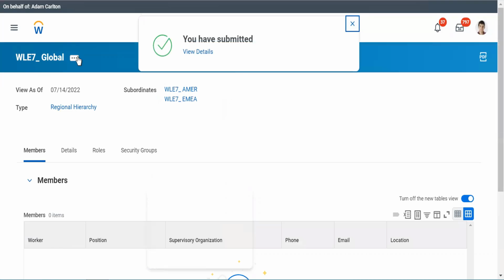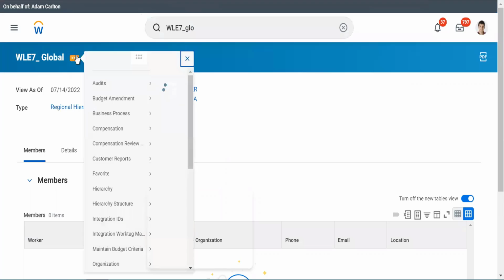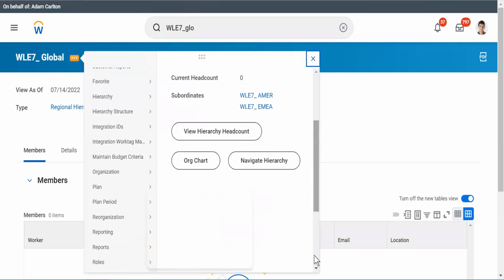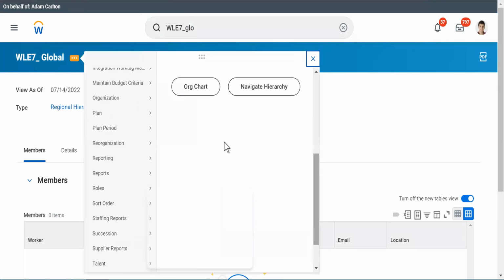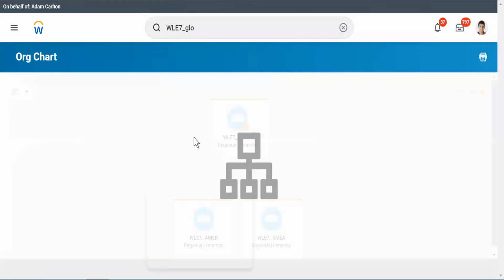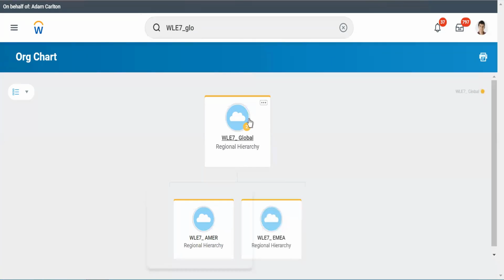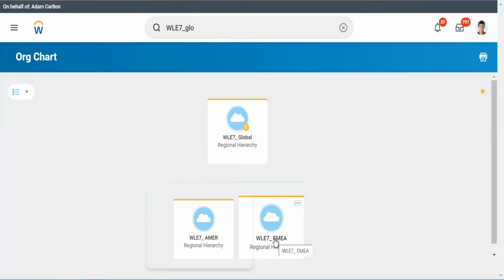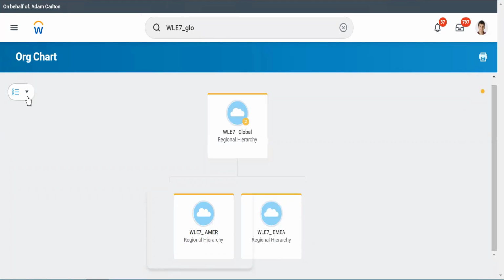Now if I go into the org chart, I will be able to see the complete structure. You see, this is my global region, and EMER, and then I have EMEA. And if I have any other location, let's say in Singapore, that comes as APAC.